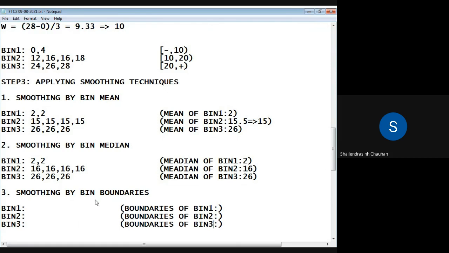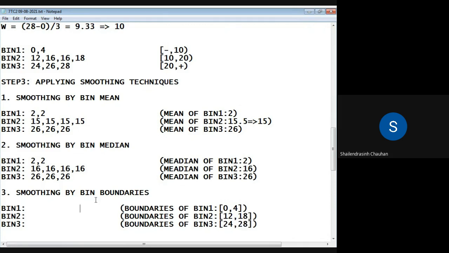So bin 1 boundaries: minimum value 0, maximum value 4. Bin 2 minimum value 12, maximum value 18. Bin 3 minimum value 24, maximum value 28.